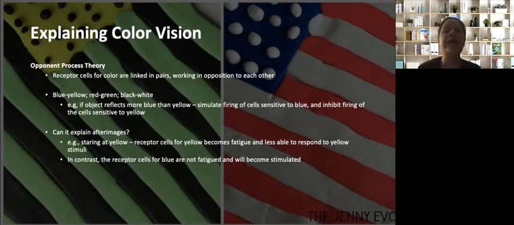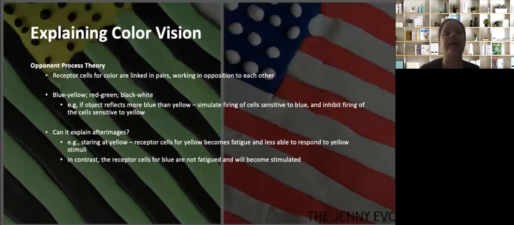So if you're staring at yellow for a long period of time, those receptor cells at first are activated, right? You see yellow, but over time, those receptors become fatigued. And it's a paired receptor cell. Those paired receptor cell colors, so yellow is paired with blue, those cells are not fatigued, right? Because you've been staring at yellow, those become fatigued, but blue is not and will actually become stimulated. This is why you see the opposite color blue